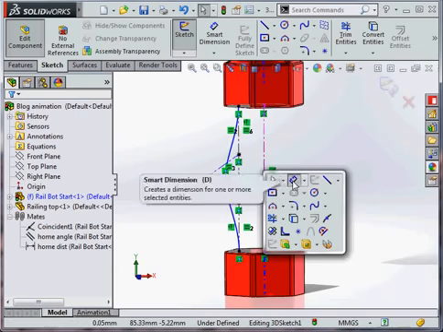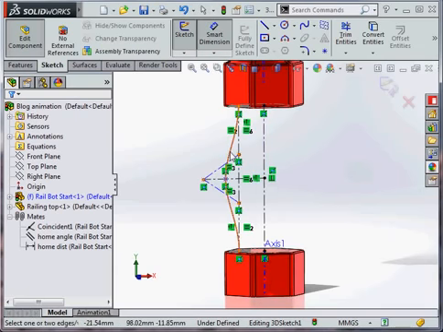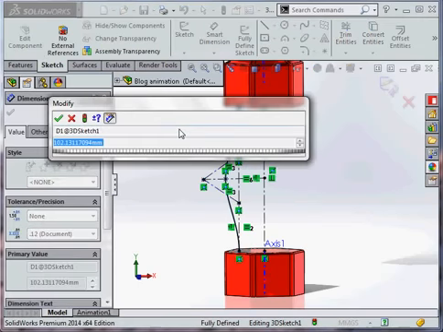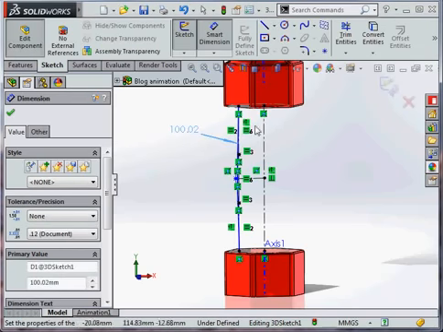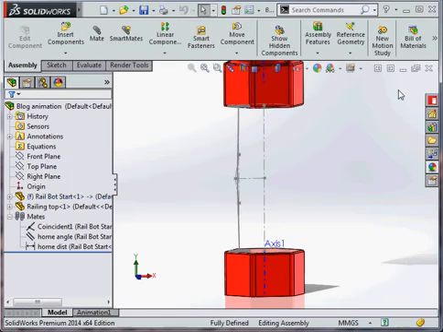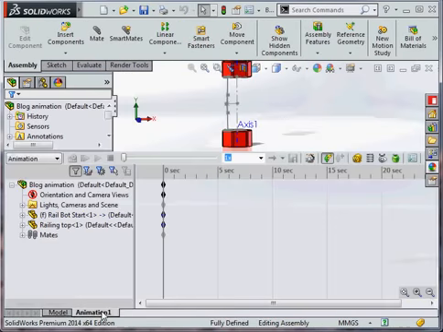We're going to use one other new feature from 2014, which is that I'm able, by using the Smart Dimension tool, to click on a spline and give it a length. Okay, so that's my spline set up, but before I do my sweep, we're going to come back to the assembly,